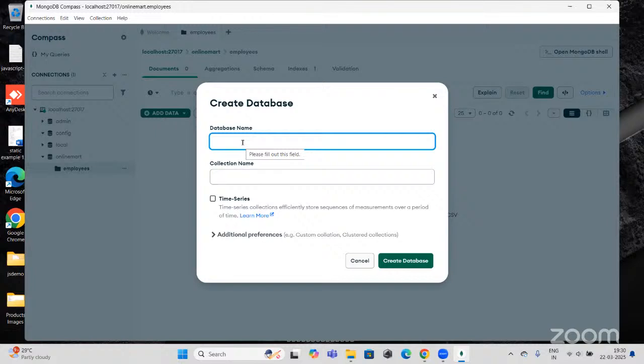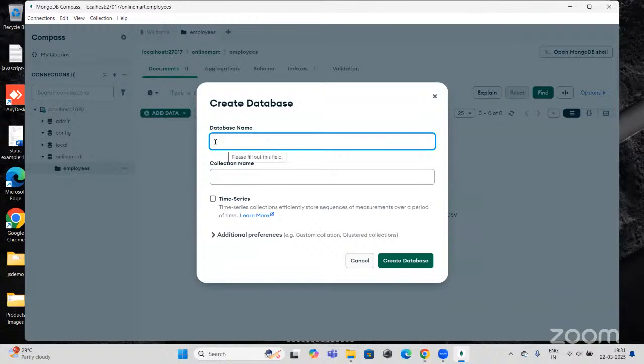suppose you are using MongoDB for three projects. Then three databases you can create. One restaurant project, one school project, or some other. For each project you can create one separate database. The server is the same, but the databases are different. Assume that the database name is nothing but your project name. For example,